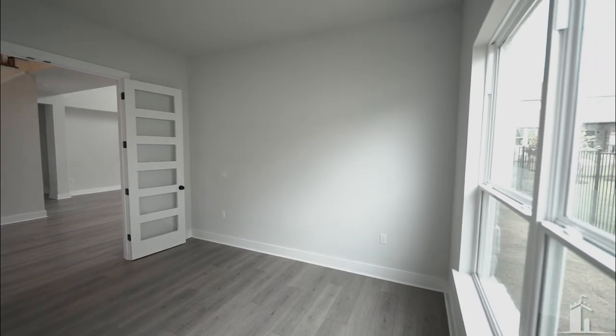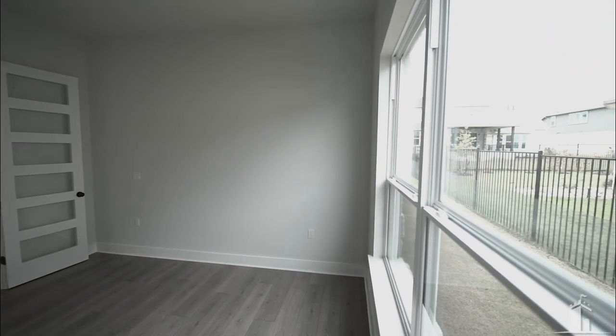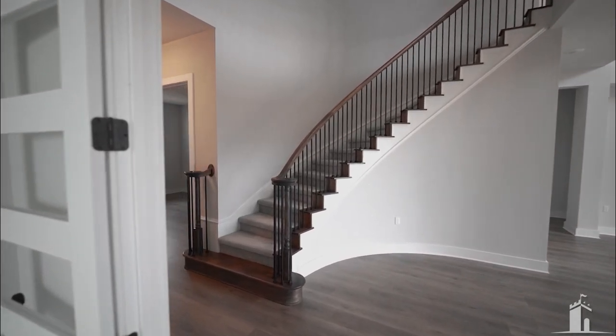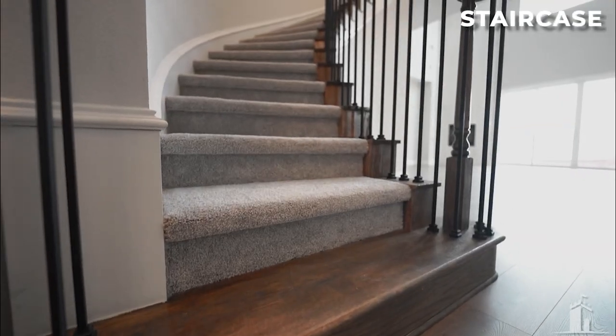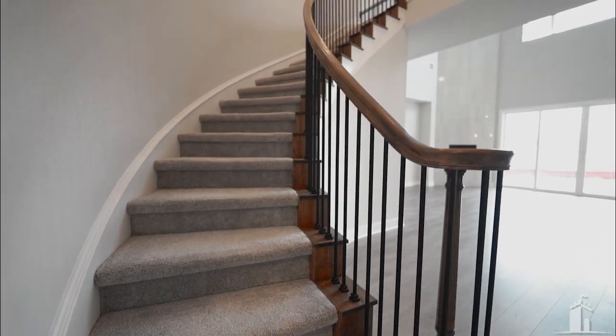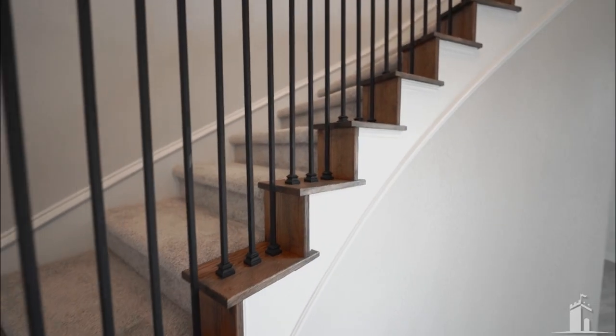So far we've seen a small office area, or a kind of funny shaped office area, study, and a bedroom. So what are your thoughts so far? There's a lot to show you. I'm excited to show you because there's one thing I think you're absolutely going to love about this floor plan. Anyway,